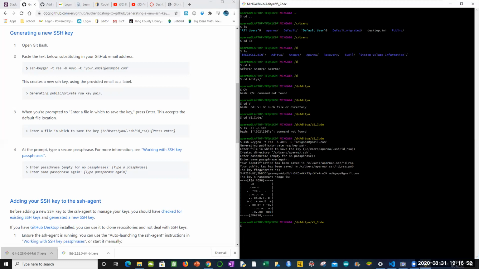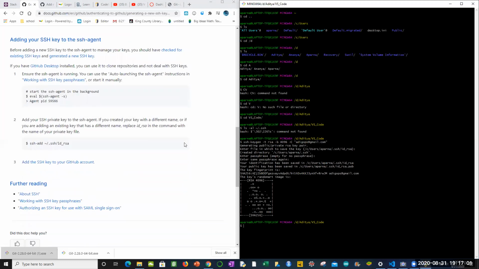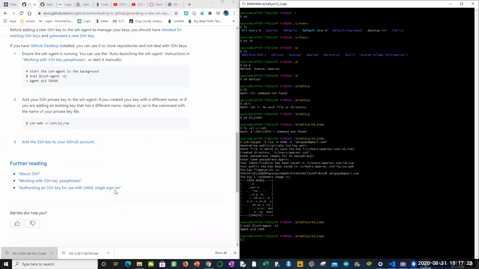So the next thing that you'll do is we went through steps 3 and 4 for generating a new SSH key. Scroll down a little bit on that browser window. Now we're going to make sure that the SSH agent is running. Do that eval space $(ssh-agent -s). All right, great. And then now do that ssh-add